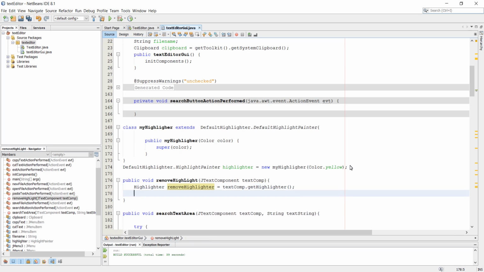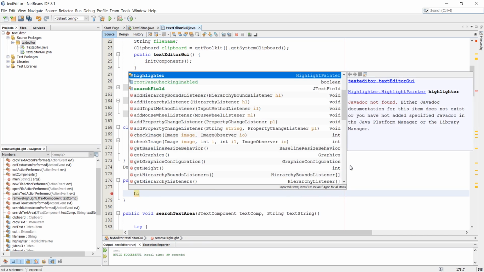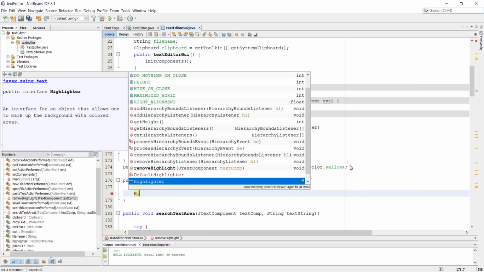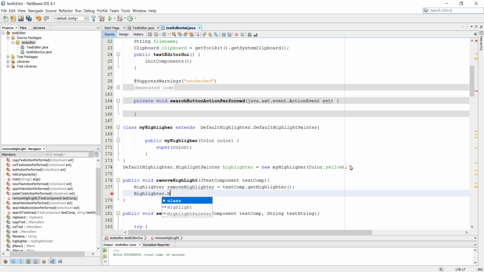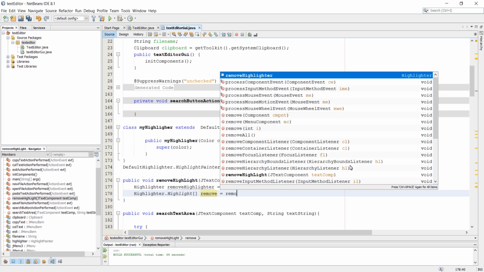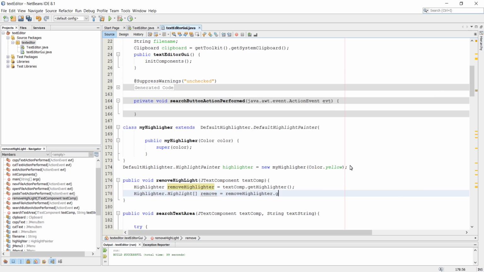Next line, we are going to use that highlighter object dot get highlights, make an array here, and then type Highlight for an object, remove, is equal to remove highlighter dot get